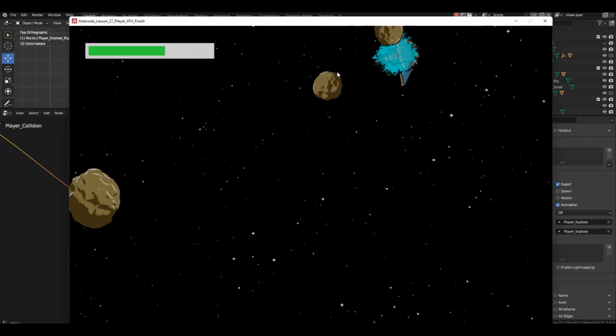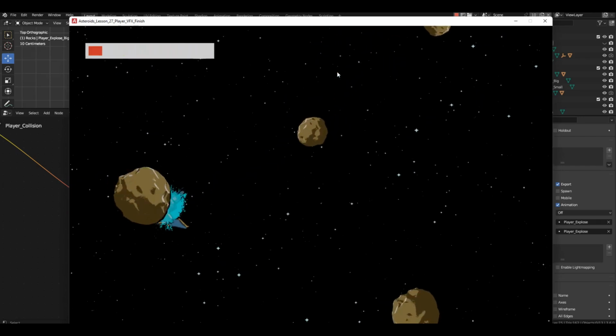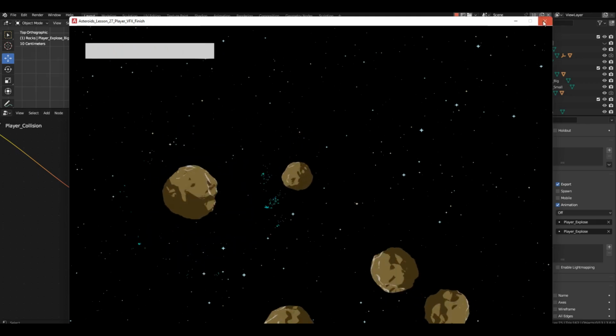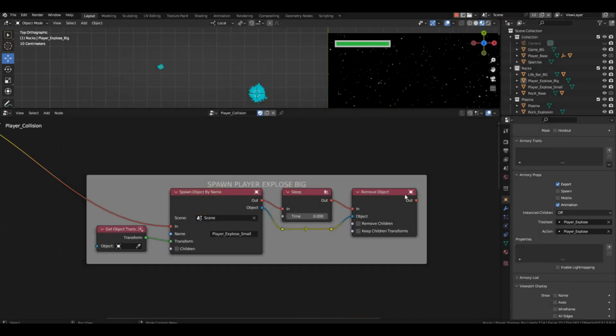Everything works. If we touch an asteroid, we can see a small explosion, but it looks very static. Despite spawning and removing the explosion 60 times per second, it appears as the same single explosion. Let's add some randomness to it. We'll start with the rotation angle. Each newly spawned explosion will rotate by a random angle.